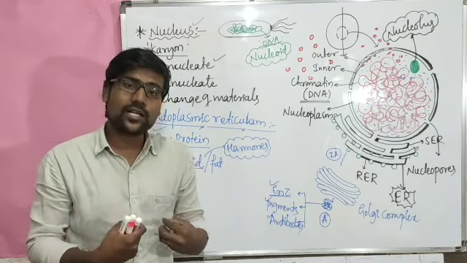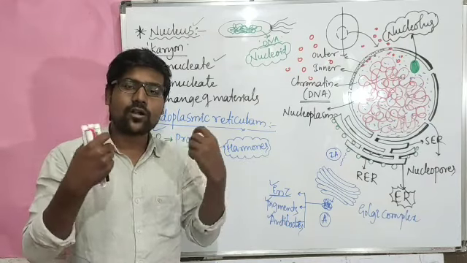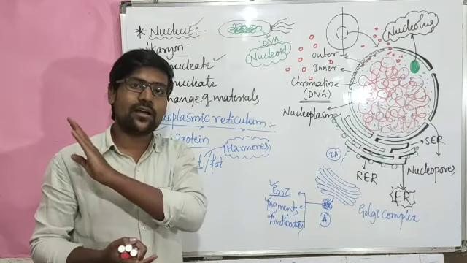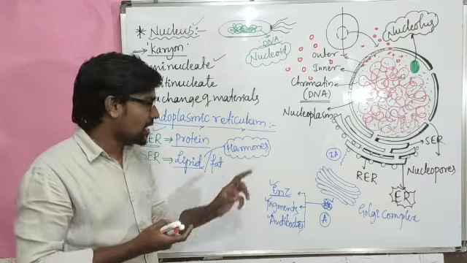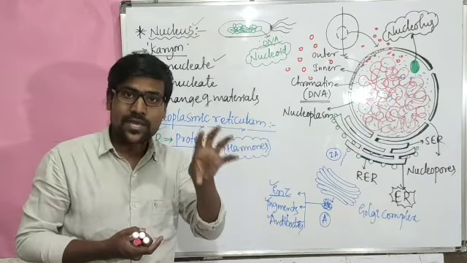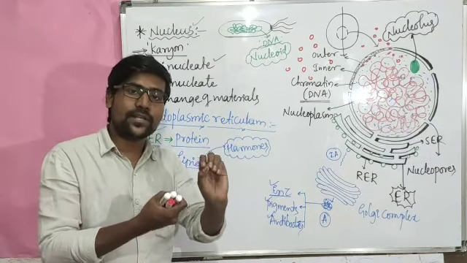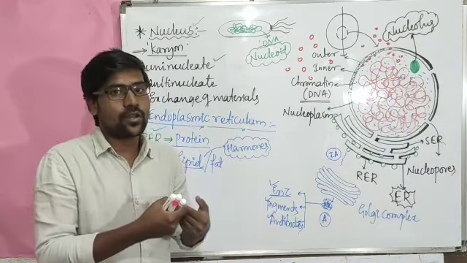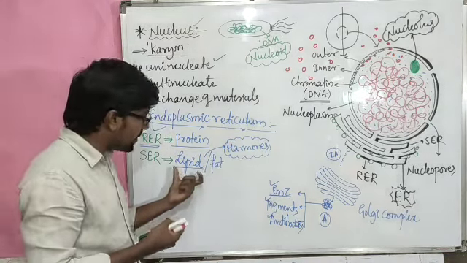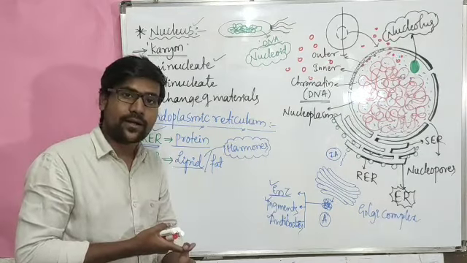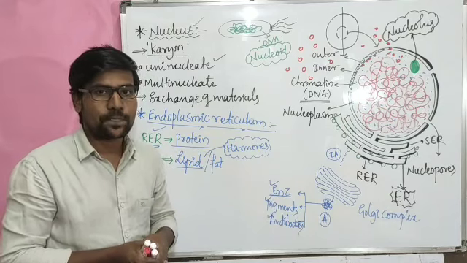But the thing is, all activities are occurring in different parts. How are they connected? How did they get the message to act suddenly and accurately? Those messages are given by hormones. Usually hormones are secreted in the blood. These are the chemicals secreted in the blood, and they help in connecting the different parts of our body to work together. Such hormones chemically have lipid content. Such lipids are produced from the SER, smooth endoplasmic reticulum.